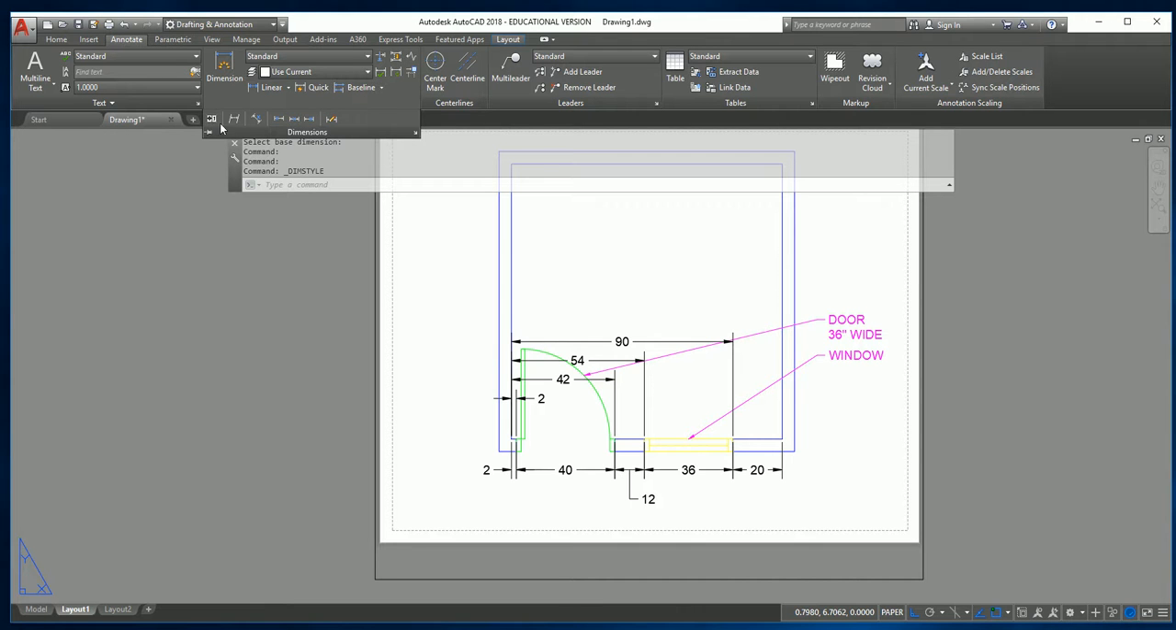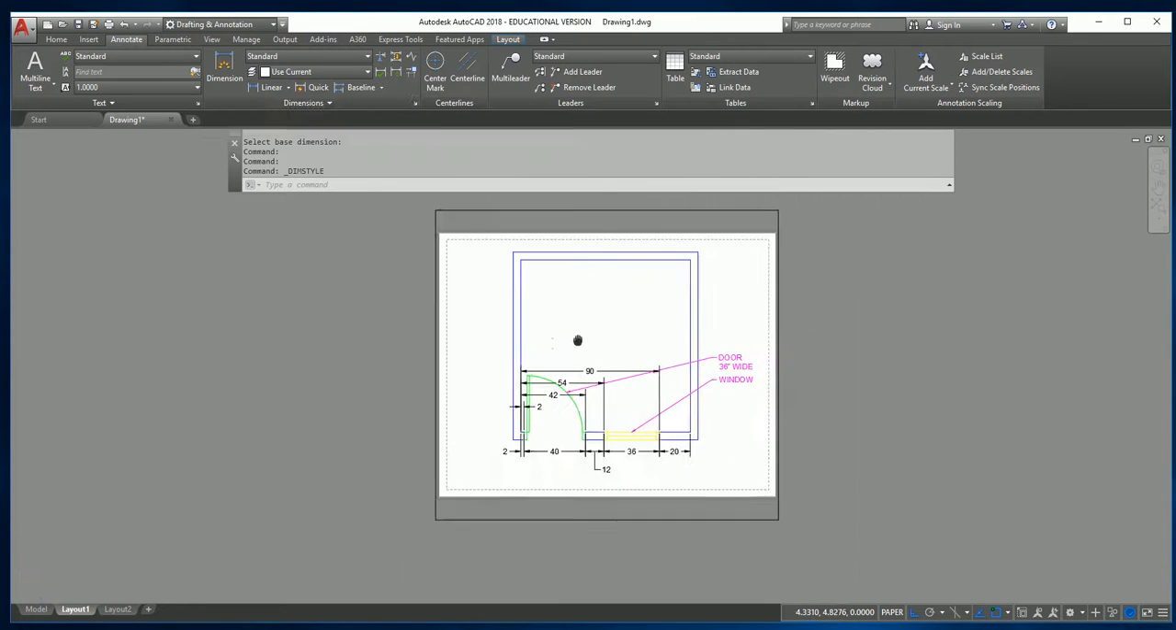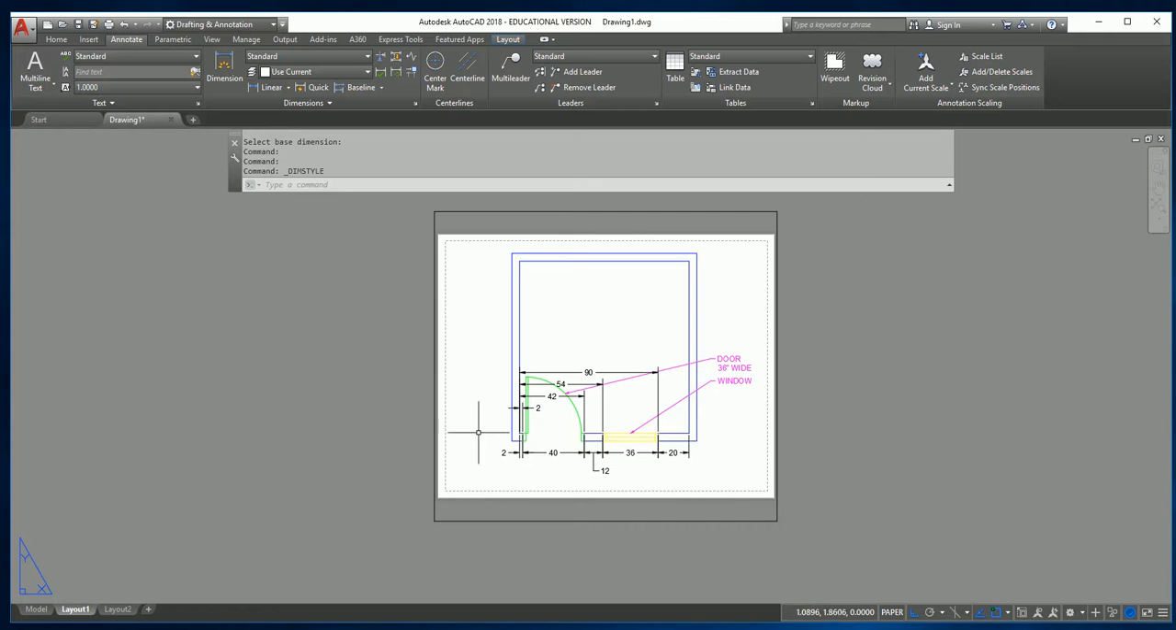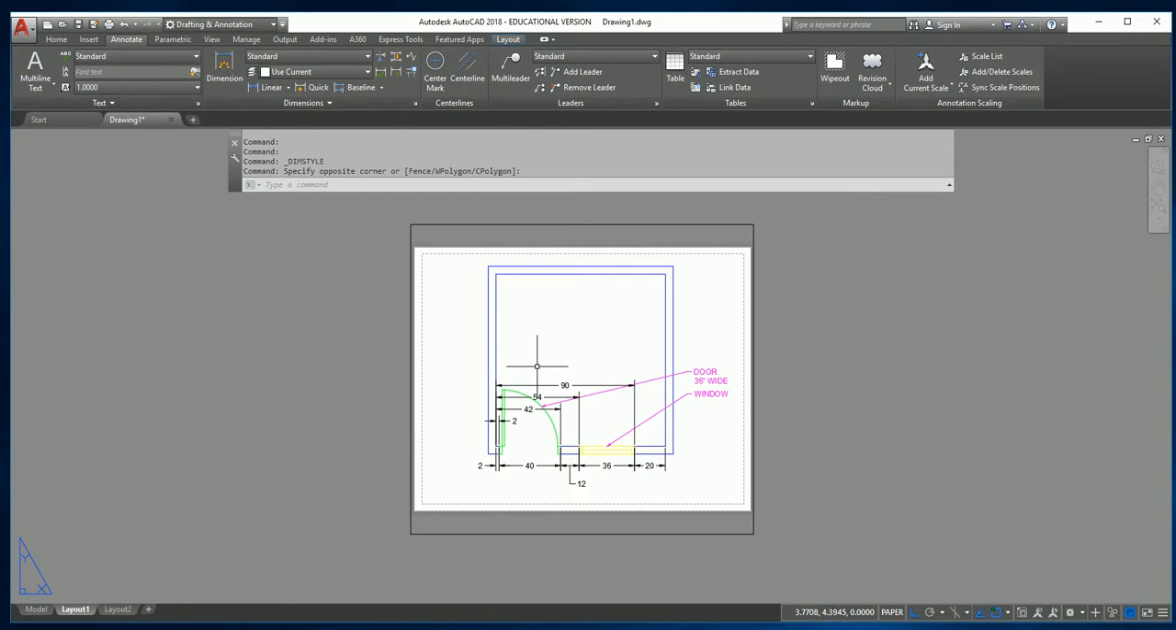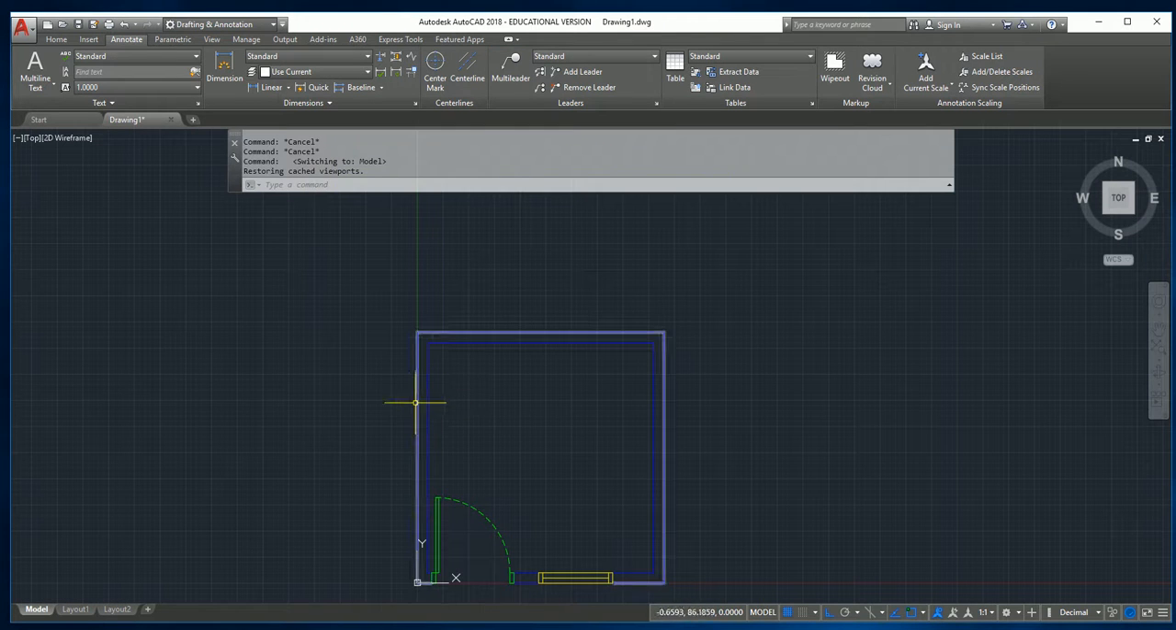There's more. Is this aligned? Text angle. No. Where's aligned? In linear. Okay. So let's say, for instance, that I had